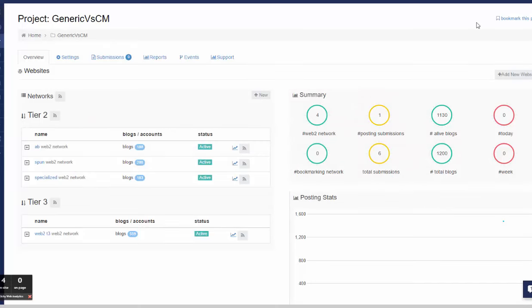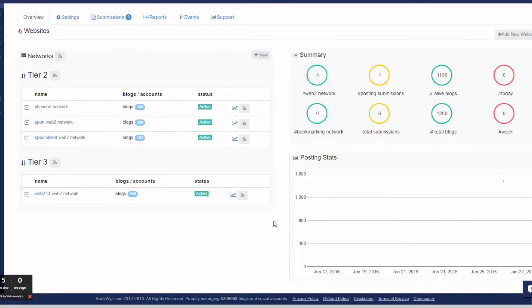And this is how you implement a content relevancy stacking approach using RankQuiz. In fact, this is a case study and it's only been running for like 2 days. It's too early to show, but there are 3 networks. One is using Article Builder content, another one Spoon content, and another one topic relevant content created by RankQuiz.